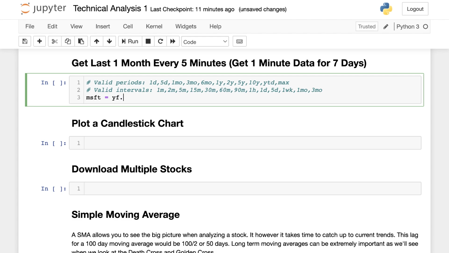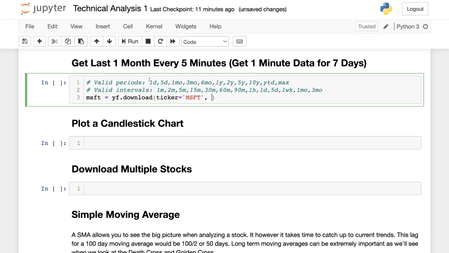and all you do is say YF download like that, and then you're going to say ticker. And you're going to have to know the ticker that represents the stock that you are looking for. And this is going to be equal to ticker. All right, so there we are. And then you need to go up here and you have to do a valid period. So you could get 1 day, 5 day, 1 month, and so forth. So what this means is you want 1 day worth of data and you want every minute of price changes,